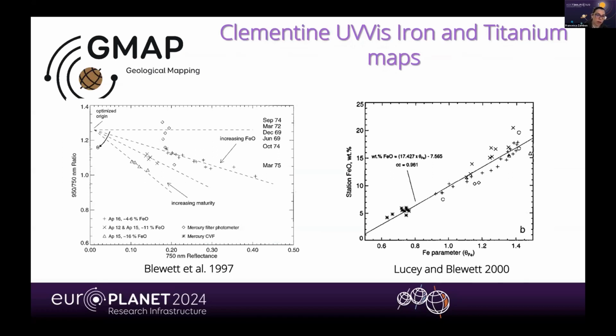They used a scatter plot which can be indicative of the presence of iron and terrain maturity. You see on the left, you have the ratio between 950 and 750 nanometer versus the reflectance, and